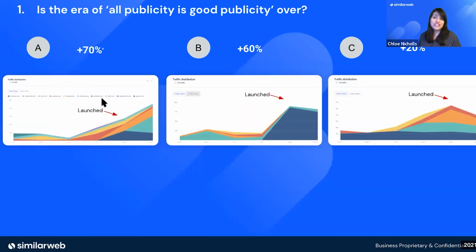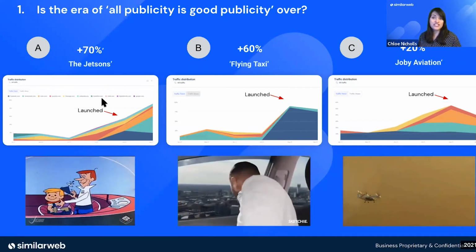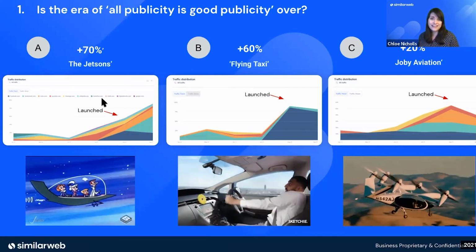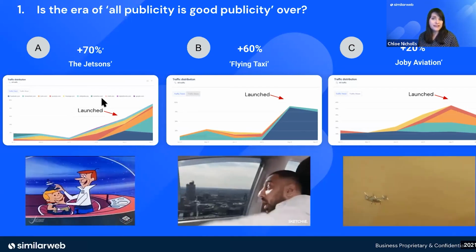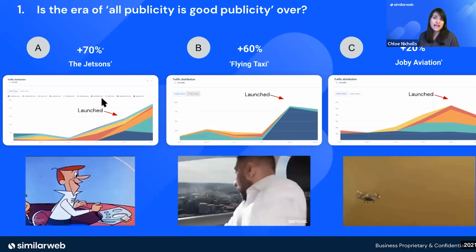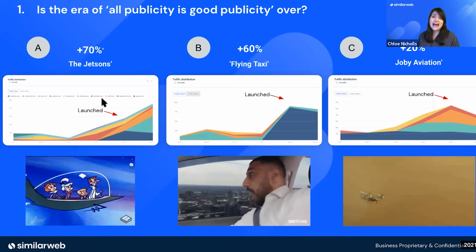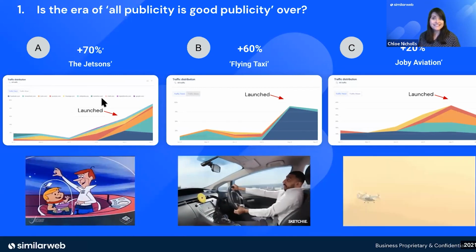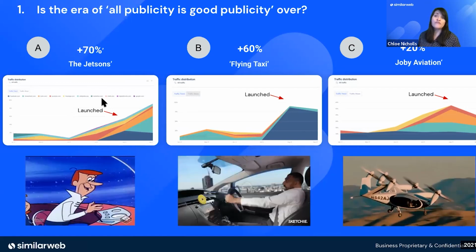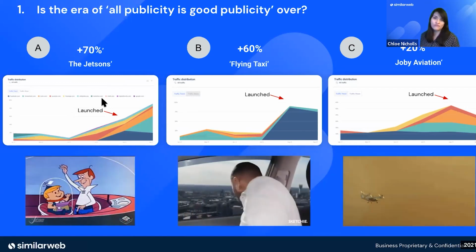So we have 3 charts here, and I'd be really curious to know which do you think represents Joby Aviation search results. Is it A, B, or C? I do think the results may surprise you. Here we can see the search trend for the Jetsons, flying taxi, and Joby Aviation, and how the search trend for Joby Aviation didn't quite yield the same results. In fact, what's really interesting is that from the search trend and the data that we can see, the terms flying taxi and Jetsons created a much higher search interest for the associations than the brand itself.